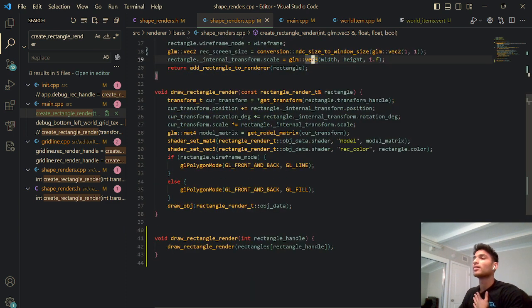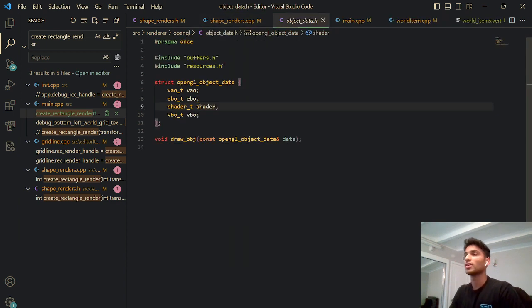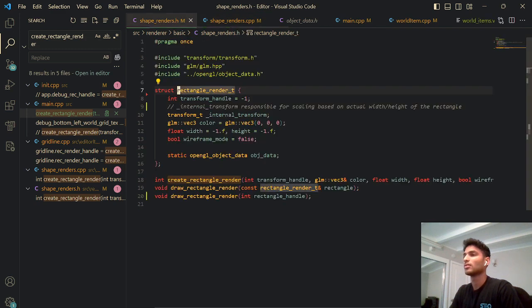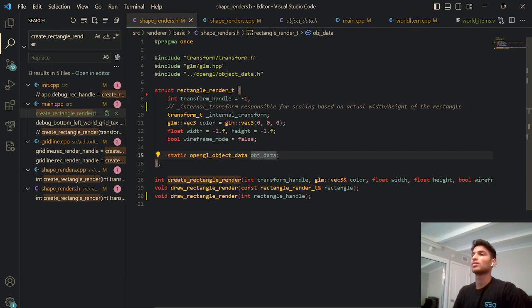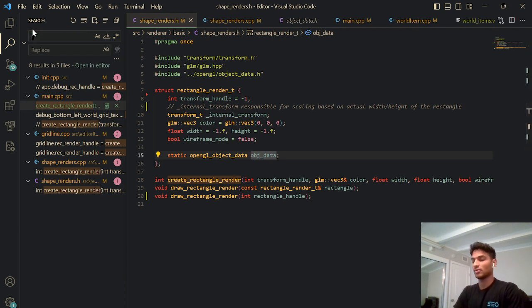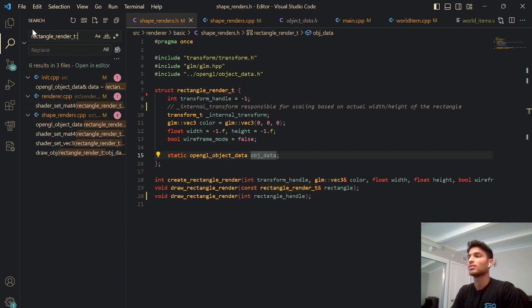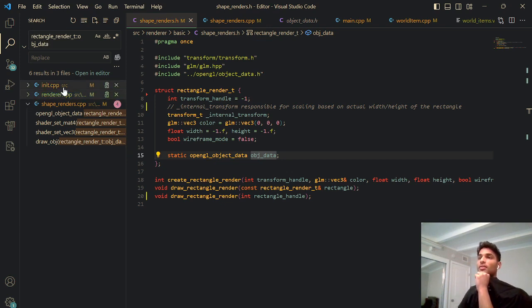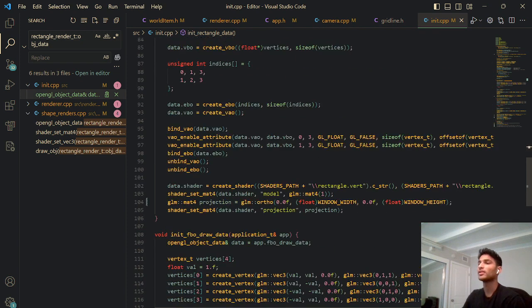Because over here, if we go into the rectangle object shader, static OpenGL, let's see, or rectangle render OBJ data. So I believe in init we are initializing the shader, and the shader is rectangle dot vert and rectangle dot frag,